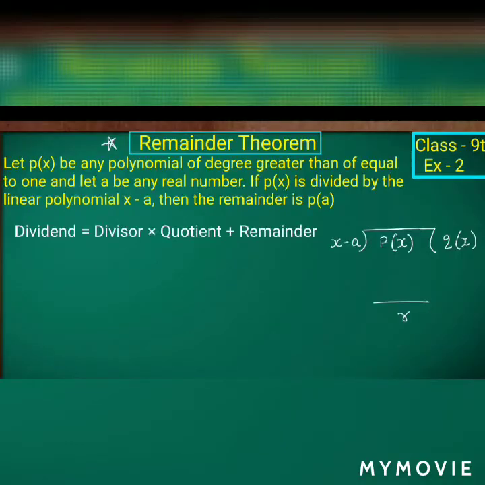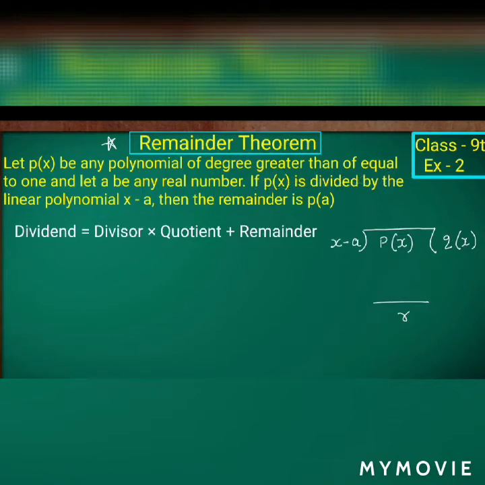And one more thing is the remainder theorem. The remainder theorem is nothing but, here they will be given a p of x value. The only thing is we have to substitute the values in the given polynomial so that we can find the remainder directly. Or else, if you want, you can cross check with the long division method also, so that in the same method we will get the same remainder.